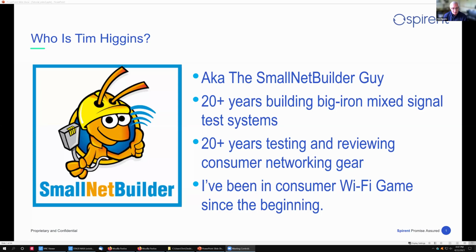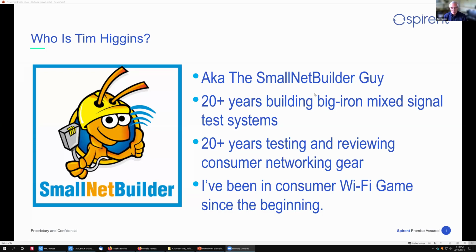Hi, everybody. I had a one bullet point slide, but I'm Tim Higgins, the guy who runs SmallNetBuilder. I don't know about talking about old and slow, but I'm at least one of those. I've spent the first part of my career building big iron mixed signal test systems for a lot of the companies that I deal with now, but concentrating on semiconductor test.